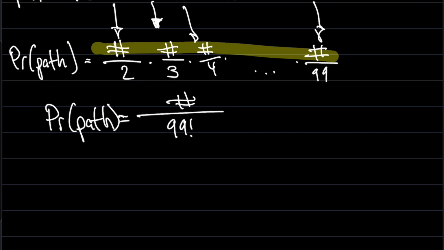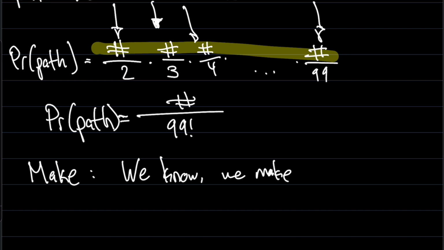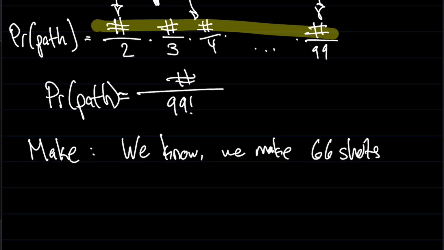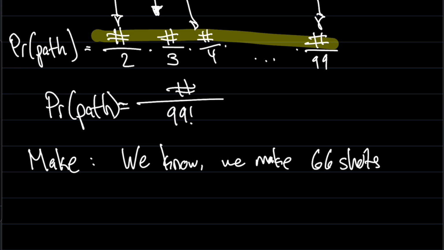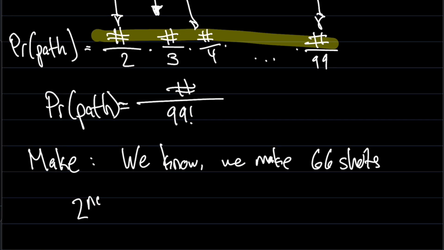So when we take the product of all of these, I want to focus on just one thing first. Let's think about where we actually make a shot. So if we know we make 66 shots, right? Then up to a certain point, if we just look at the second one we make, because we already know we made our first one on the first time. So let's look at our second make. This will be at some index, we'll call it I,